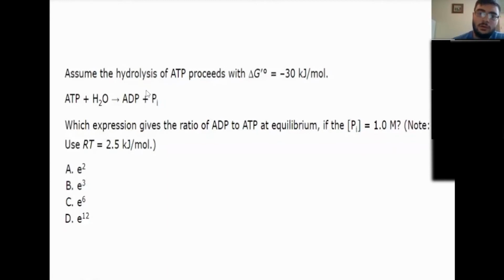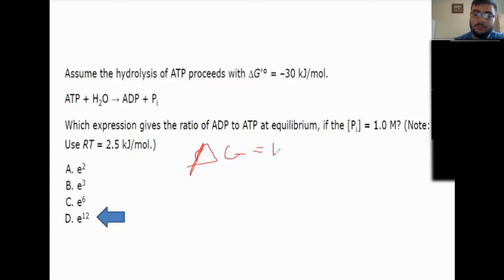Okay, I'm gonna close the poll. So we had a pretty big spread, but most people picked B, which is actually not the right answer. The correct answer is D, and I can tell that you guys had trouble with this, and I'll go over it. So we know that the equation is delta G